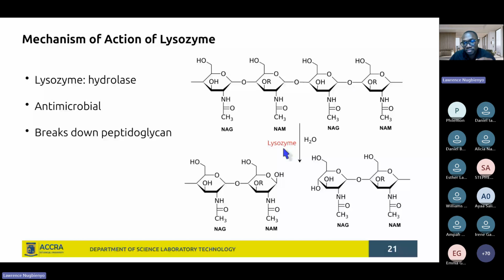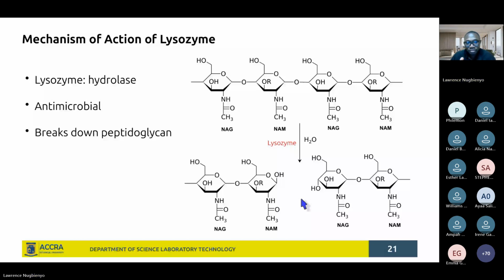So we see lysozyme there, and water being written to depict that the reaction is a hydrolytic reaction. So we see that this glycosidic bond between N-acetylmuramic acid and N-acetylglucosamine is broken. So by that, what it means is that lysozyme helps to break the glycosidic bond, what is referred to as lysis. So we can also say it's a lytic reaction. They say it's a hydrolytic reaction. So it's breaking down the